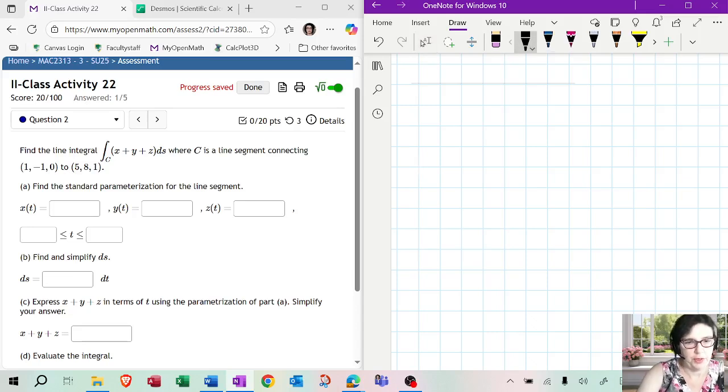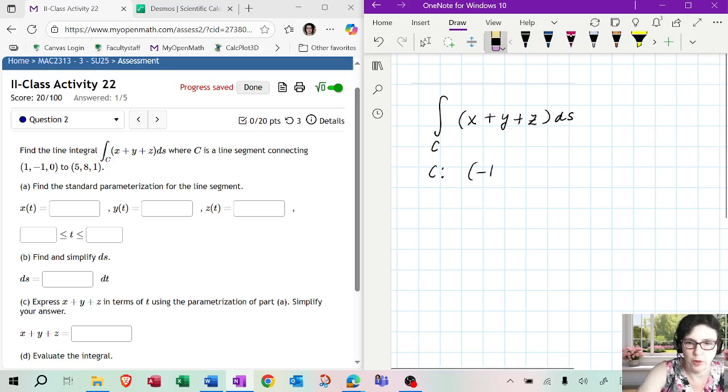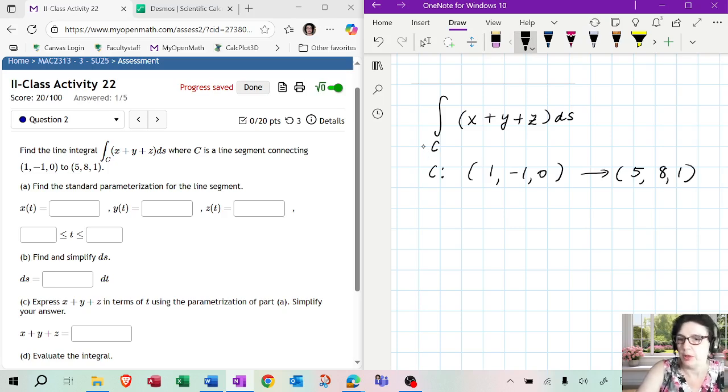Okay, guys, in this video, we are going to integrate one more integral with respect to the arc length. So here we got the integral of x plus y plus z ds. Now, C is actually a line segment connecting (1, -1, 0) and then it connects with (5, 8, 1). Okay, so the first thing we need to review is how do we make a parameterization